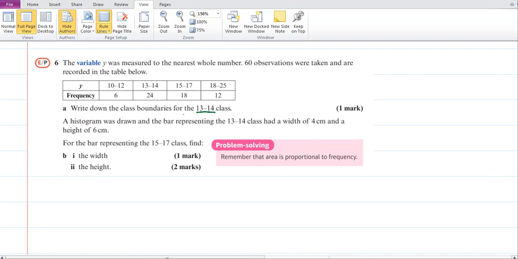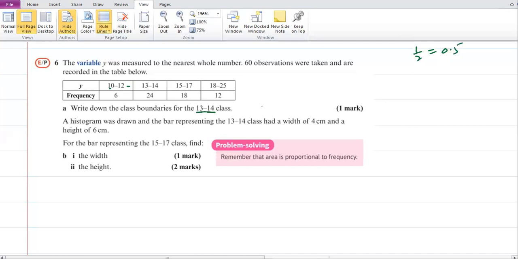Okay, very simple question. Class boundaries, if I ask you, what are the class boundaries for 13 to 14 class? Anyone can let me know about the class boundaries. This is class from 13 to 14. So what are the class boundaries if you take? This is with the gap data. Yes, 10 to 12, then 13 to 14. So there is gap between. When there is gap between, how do we write the class boundaries? As these are whole numbers, so whole number is 1 divided by 2, half, so 0.5.